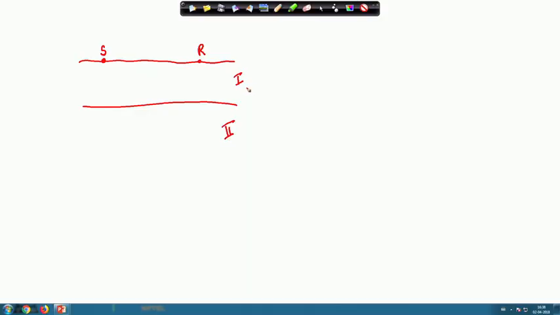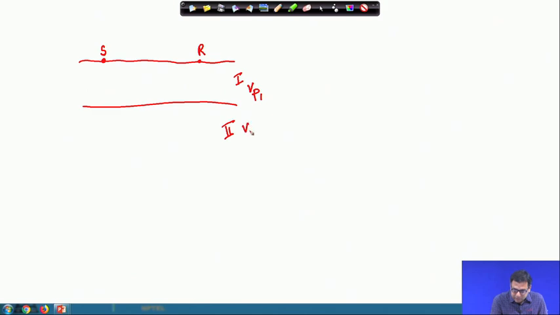But here I will derive all the equations considering that we are generating the P wave. If you generate the S wave, then the velocity of the P wave will be replaced by the velocity of the S wave. Now, we assume that the velocity of layer 1 is V p 1, the velocity of layer 2 is V p 2, and the thickness of layer 1 is Z. This is the two-layer interface.